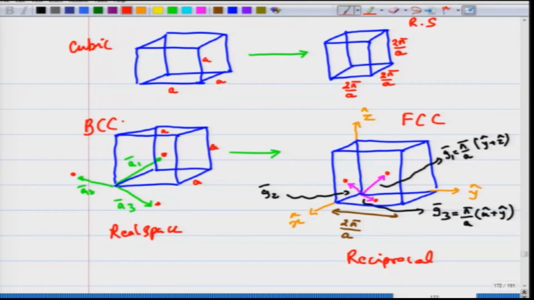So, the BCC lattice in real space goes over into an FCC lattice in reciprocal space. So, corresponding to a crystal which can have a BCC lattice in real space, you can also geometrically construct the reciprocal lattice corresponding to that lattice, and that turns out to be, for a BCC structure, FCC, and similarly you can find out for other lattices also. So, with this concept of reciprocal lattice, let us see where it is useful.